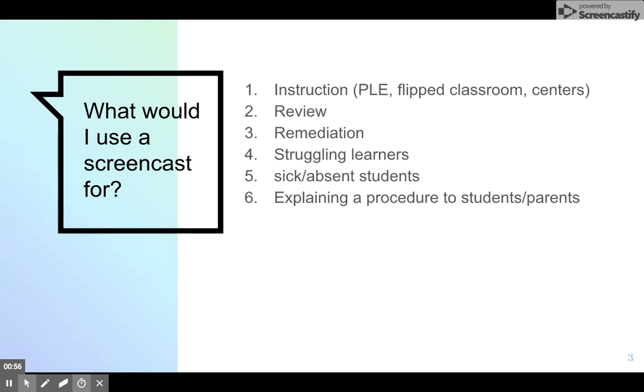This is a great tool for review right before any quiz or test. And if you make one about every chunk or topic of information, then you have a database of review videos for your students to use frequently. Remediation. This is a fabulous tool for reteaching students who didn't get it the first time around, who need to go back through it again. This frees you up to move other students forward, and it gives them a chance to slow down and relearn